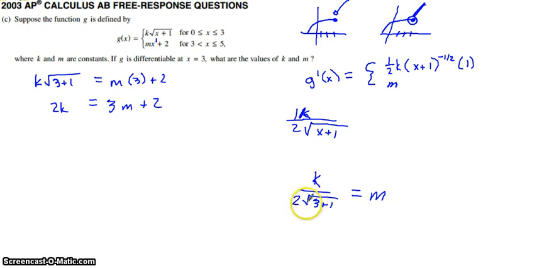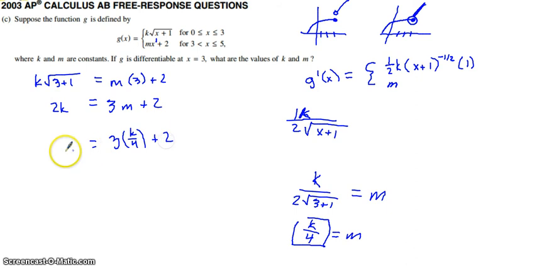This simplifies quite a bit. I can go ahead and add those together, get a 4. Square root of 4 is 2. 2 times 2 in that denominator gives me 4. So I have k over 4 equals m. Now I have this equation that has an m and a k, and this equation that has an m and a k. If I treat this like a system and use substitution to solve, I'm going to have my answer for k and my answer for m. So I'm going to substitute this expression, k over 4, in place of the m over here. And if I do that, I'm looking at 3 times k over 4